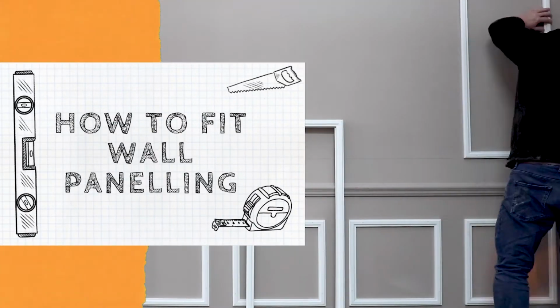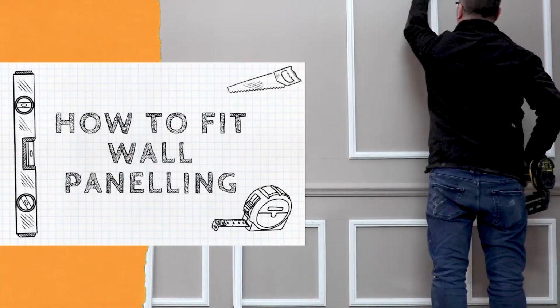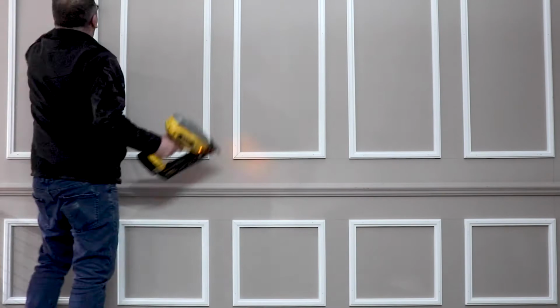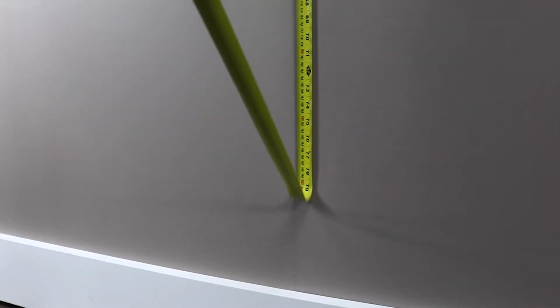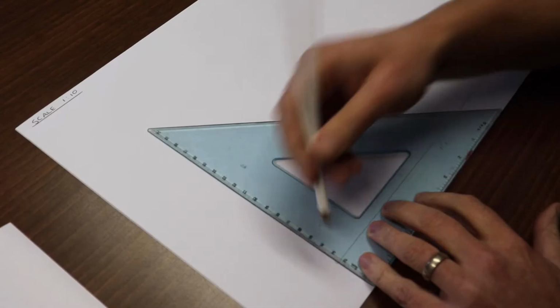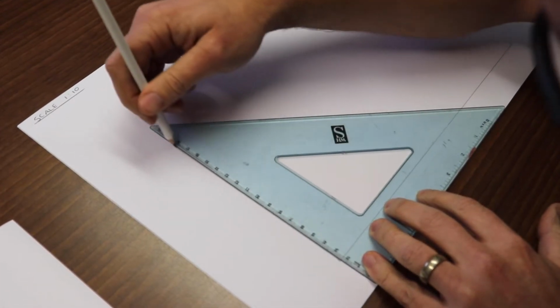In this video, we're going to show you how to fit wall panelling. We're going to be fitting our Novu dado rail with two different size rectangle panels above and below with our Promenade wall panel mould. Firstly, you're going to need to measure the height and width of the wall that you'll be working on. These measurements will then need to be transferred to paper so you can draw up your design